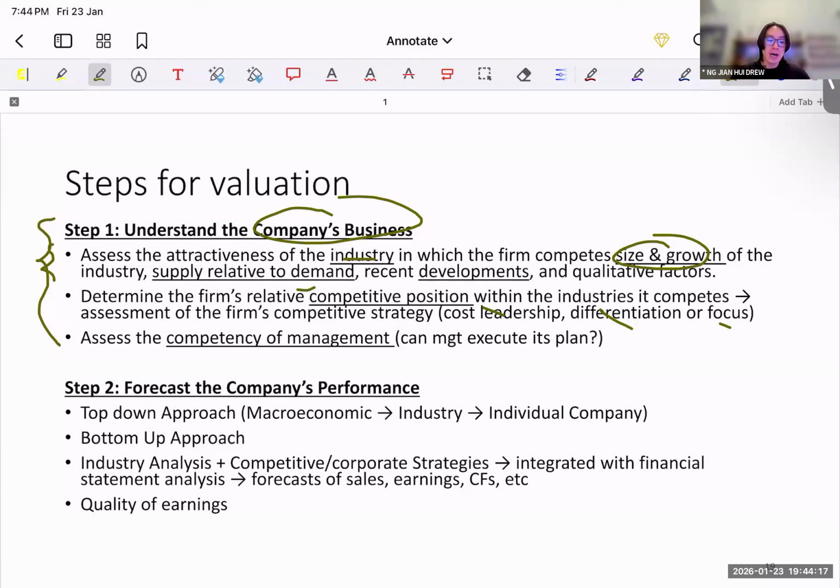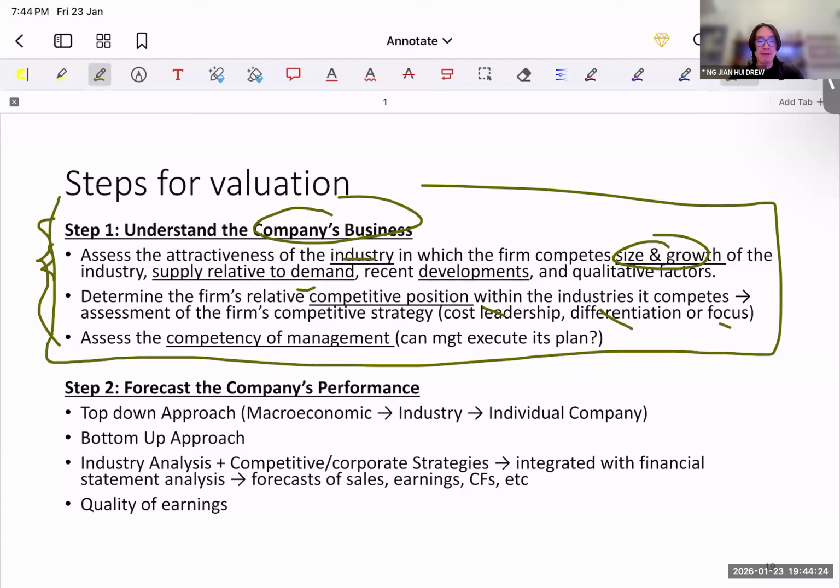So this is the first step: to use the various frameworks we cover in the subsequent slides to understand the industry and the sector the company is in. Now, having done that, we typically have two ways of doing things: a top-down and a bottom-up approach. We'll explain that in a little bit. But we have various approaches, and that's where we formally do our industry analysis.